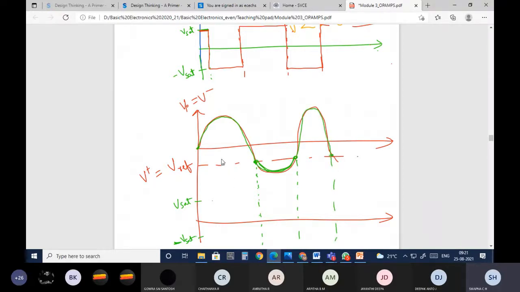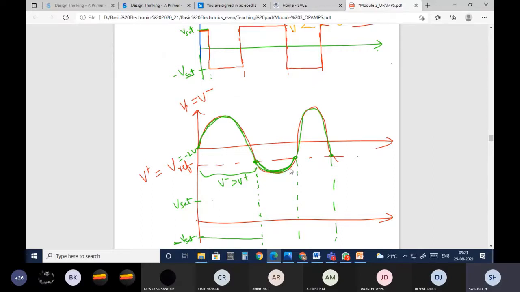Okay, so if you just observe, all these values are greater than the V reference; here it will be like some minus 2 volts or some minus 1 volt. Whatever it might be, these values are greater than this V reference. It means that from here to here, V minus is greater than V plus, and V minus is greater than V plus in the sense you will get minus Vsat.